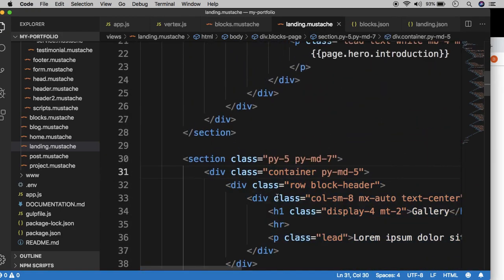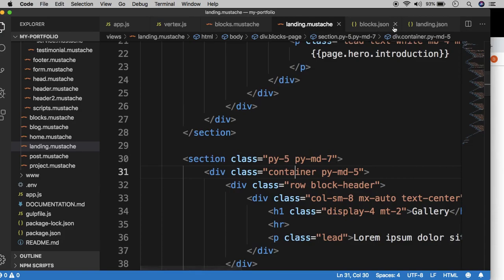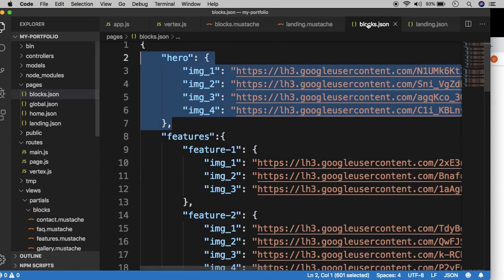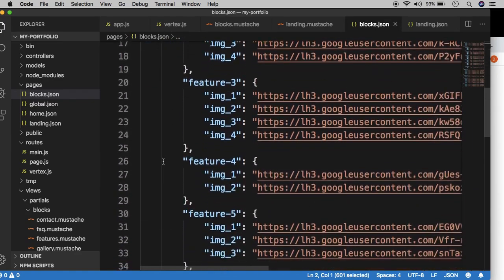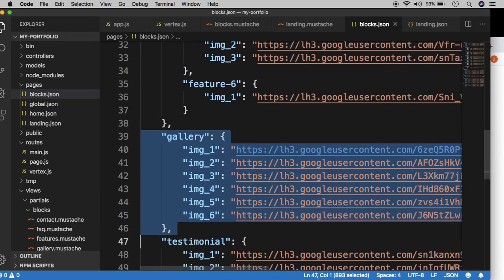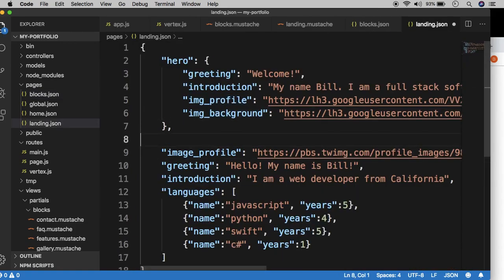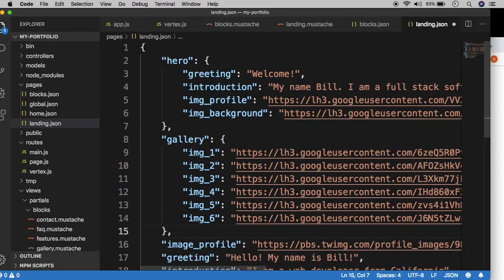Okay. All right, great. And now don't forget to update the corresponding JSON file. So if we look at the blocks.json, you'll see we have a features section, which again we skipped entirely. But then we have the gallery section right here. And so we want to copy the gallery section from the blocks.json, and then move that over into our landing JSON so that all the proper data has been shifted over so that these images can be